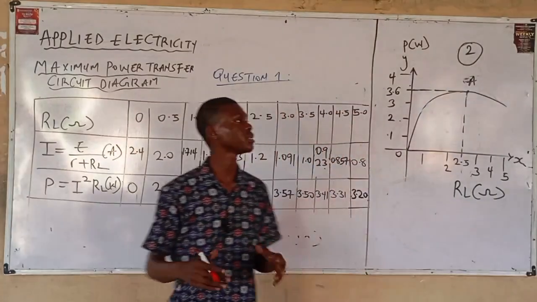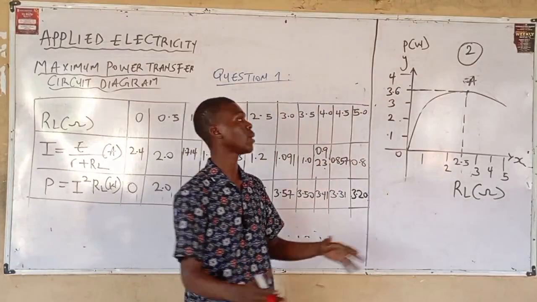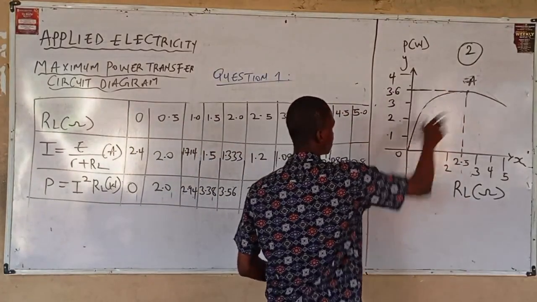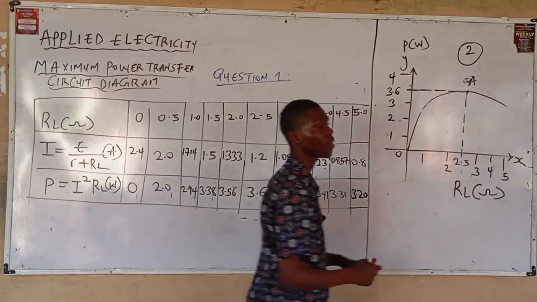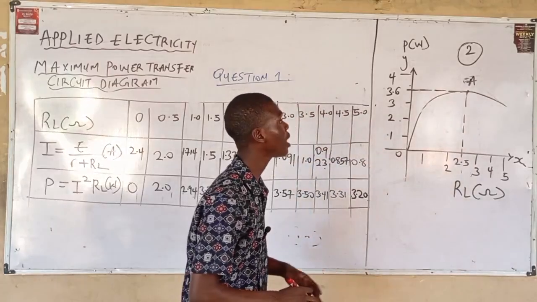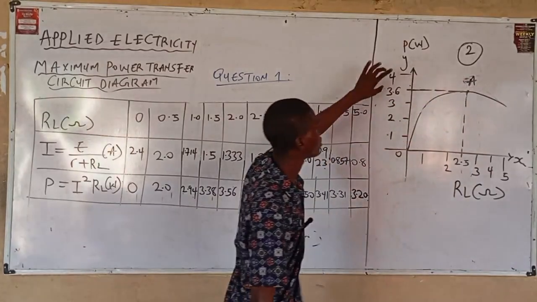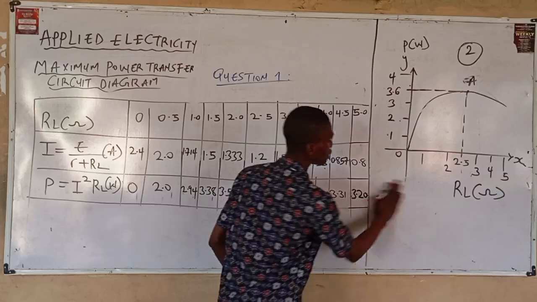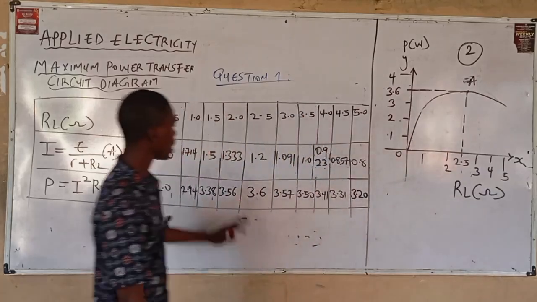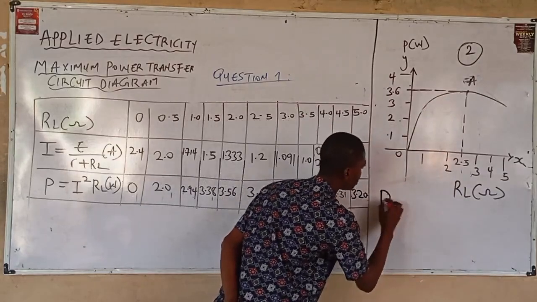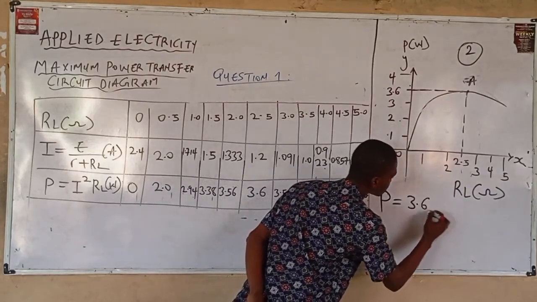Alright, what I'm saying is that the maximum power occurs at our turning point, which is A. From this graph sheet, at point A, we have the maximum value. What is the maximum value? Looking at this graph sheet, you have 3.6. Following your graph and your tabular representation, your maximum power transfer, P, is equal to 3.6